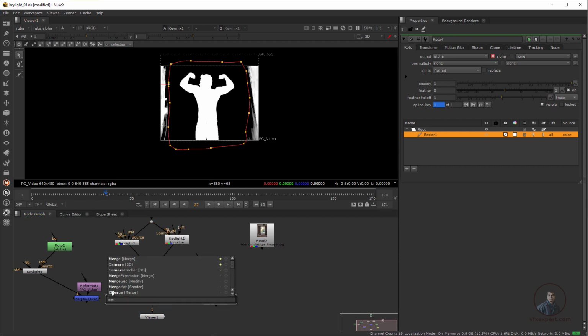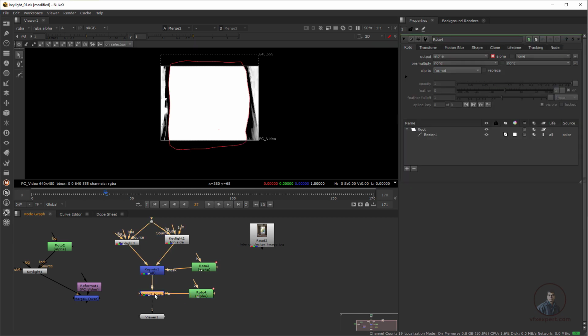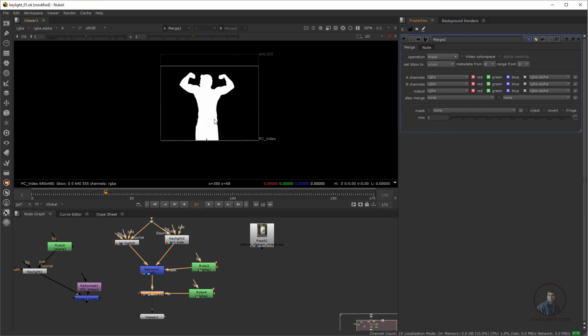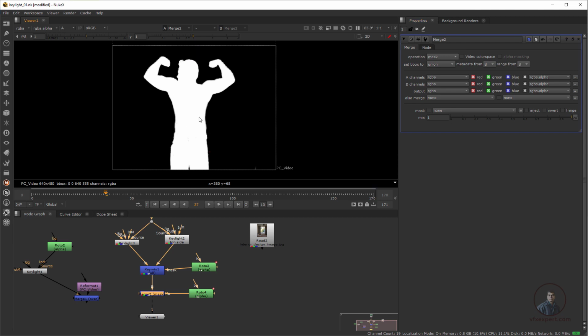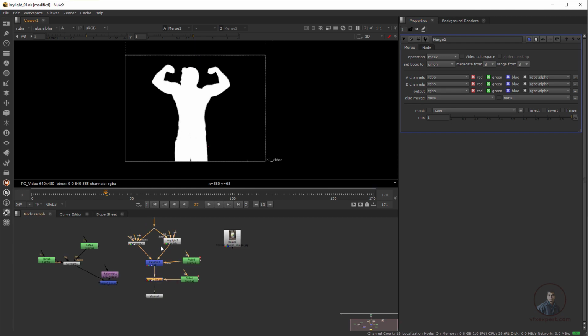This will be our B, and this garbage Roto will be our A. Connect it, then double click the Merge node. In operations we have to take mask, this one is important. Now you can see, you have created your final matte with the help of multiple keys.